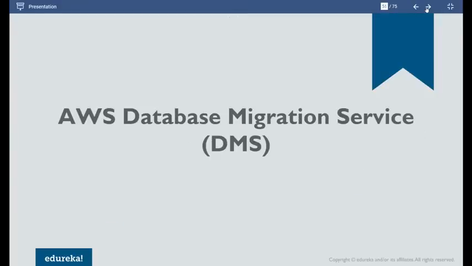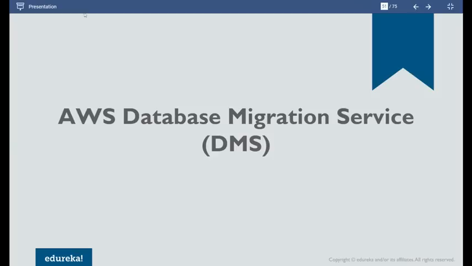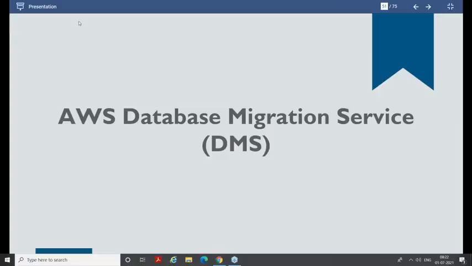Next is your Database Migration Service. For that, we call it DMS, AWS DMS. So for database migration, before I start discussing, I want to understand from you guys. In my on-premises, if I have a MySQL server and I move to MySQL on cloud, is it homogeneous or heterogeneous? From MySQL in my on-premises to MySQL on cloud, is it homogeneous or heterogeneous?